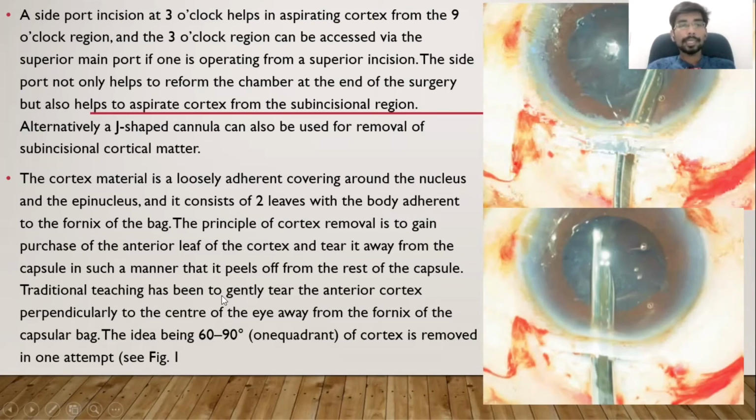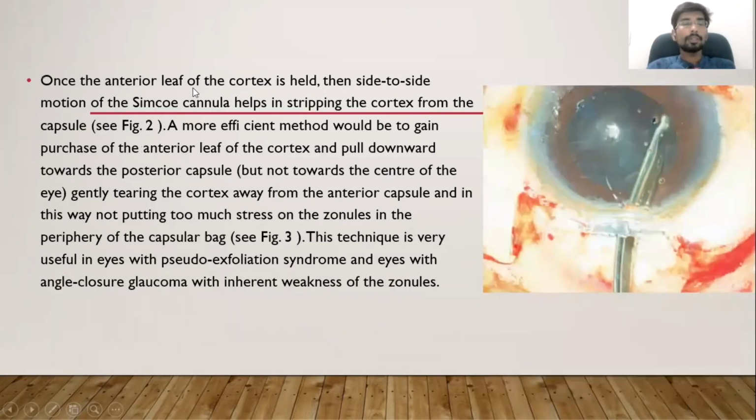Traditional teaching has been to gently tear the anterior cortex perpendicularly to the center of the eye, away from the fornix of the capsular bag. The idea being that 60 to 90 degrees of cortex is removed in one attempt. One quadrant of cortex should be removed in one attempt. Once the anterior leaf of the cortex is held, side-to-side motion of the Simcoe cannula helps in stripping the cortex